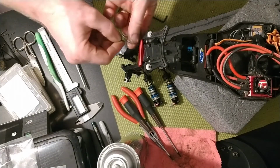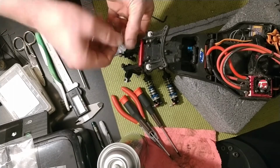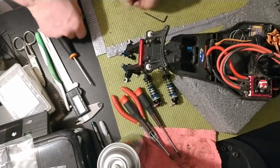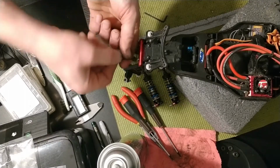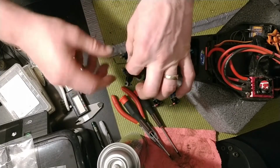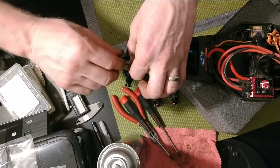4.2 block, front hinge pin, cap, A-arms, spindles, hubs, hexes,